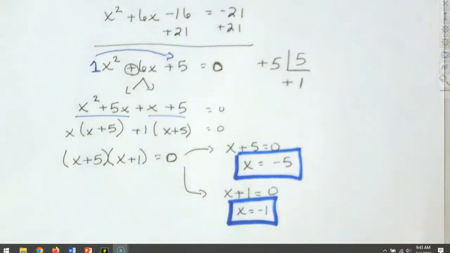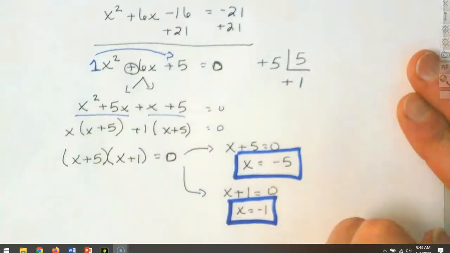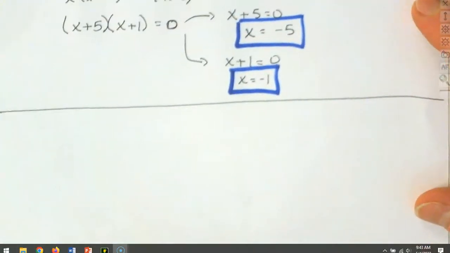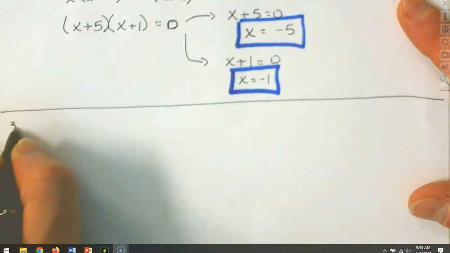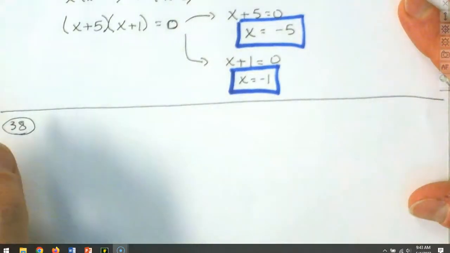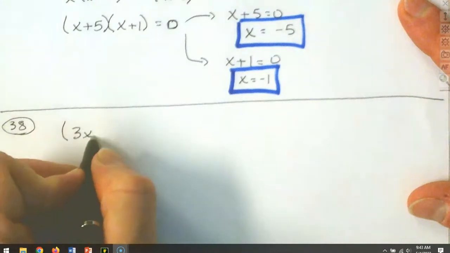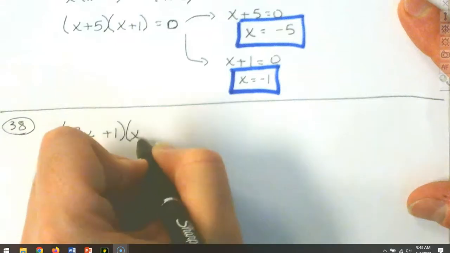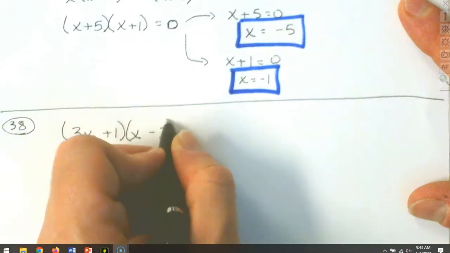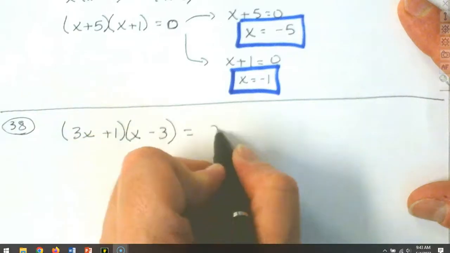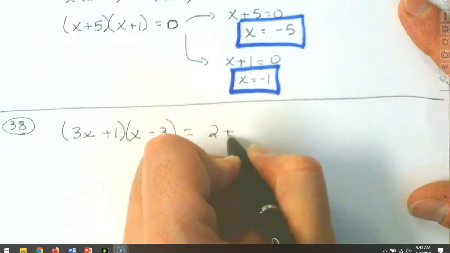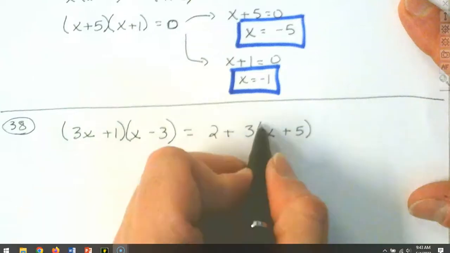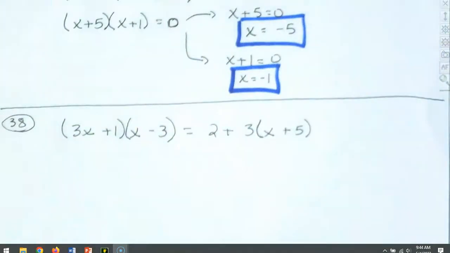Question 38. Similar, but a little bit different. So we've got 3x plus 1 times x minus 3 equals 2 plus 3 times x plus 5. So what we need to do is we need to get this to the point where we can